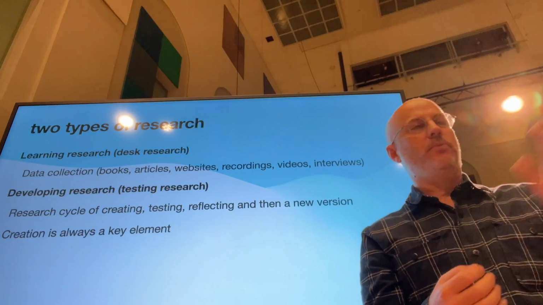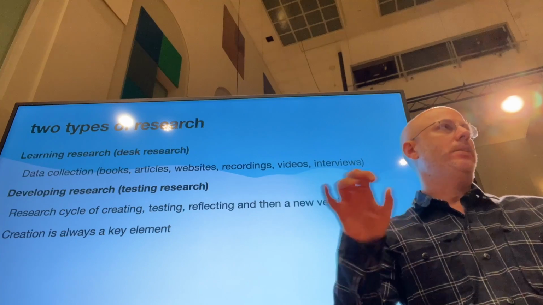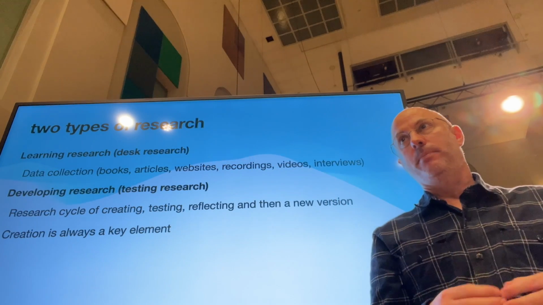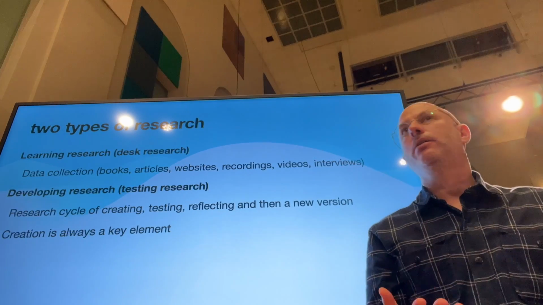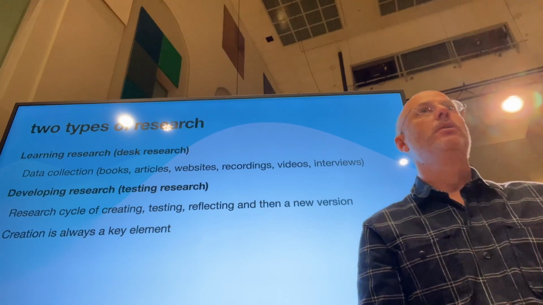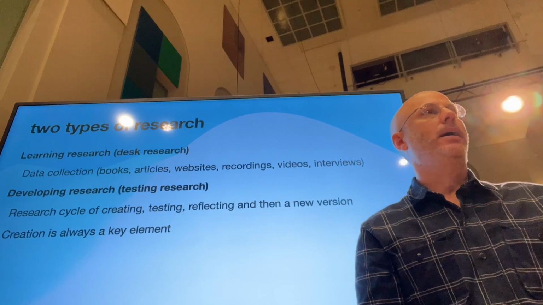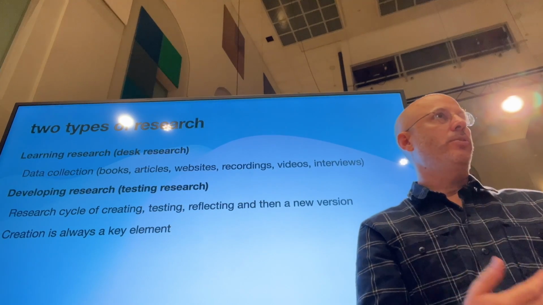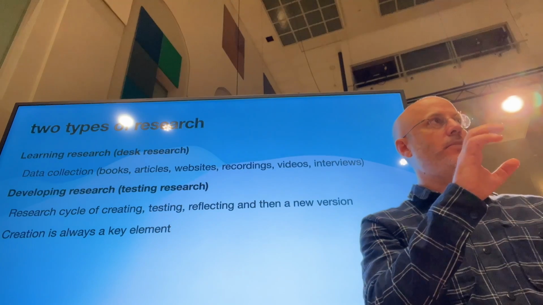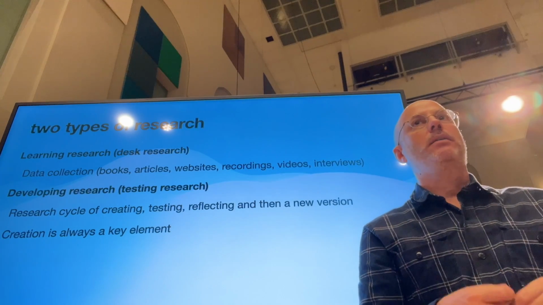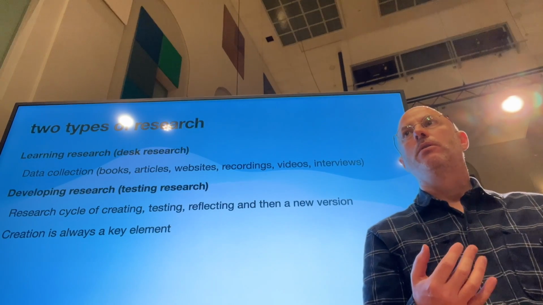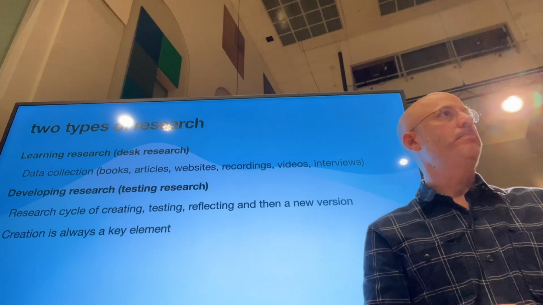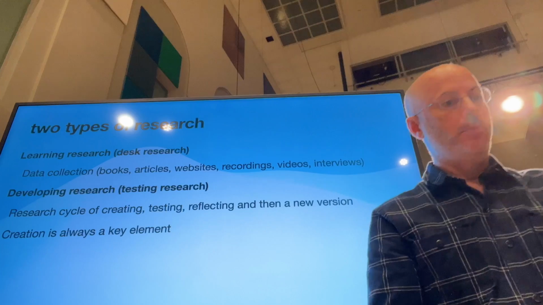So these are the two types of research, the learning research and then the testing research. In your artistic research, which you're doing, it's going to have both of them. So you're going to do musicology, you're going to look things up, you're going to watch videos, you're going to analyze, you're going to ask other people's opinions. That's going to be learning. On all of that information, you're going to reflect. How does that change your viewpoint on your question?